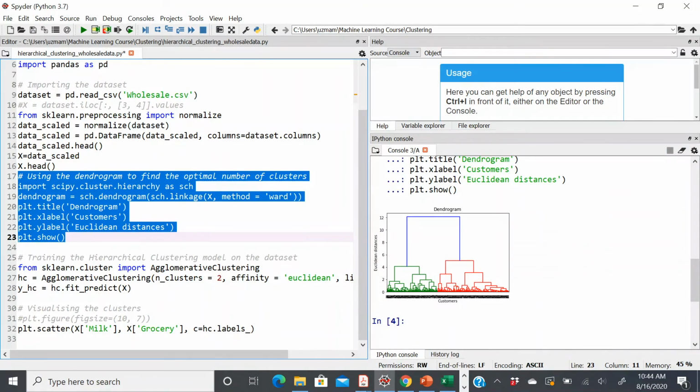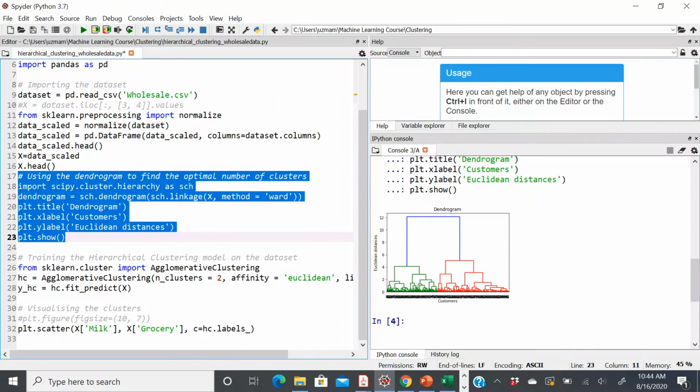As you can see, we have a huge number of data points, and so we began from there. You can tell just by looking at the x-axis, and then this is the Euclidean distances. Now, if I look at the vertical lines, and I'm not really knowledgeable about this problem as such, but I can tell that these blue vertical lines are really big. These are the ones that are really making that segregation. If you look at the other vertical lines, like the green ones and the red ones, they're pretty small, right? So this is another criterion that can help you decide how many clusters to have, right?